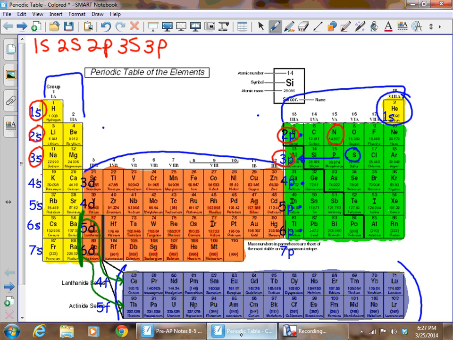The next row starts with 4s, and this is our first instance of overlapping. 3d comes next. After 3d, we have 4p. After 4p, we have 5s, 4d, 5p,